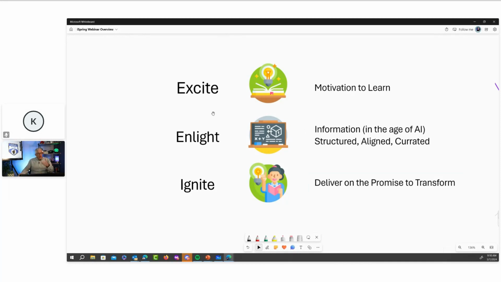But the goal of any type of engagement, any type of online learning, or any type of learning is to create excitement, enlightenment, and ignite. And so I use the term excite, enlight, and ignite to motivate people to learn, to provide information to them for learning, and then to deliver on a promise, not just for the learning, but a transformation that comes from that learning. And I think that's an important element because in the age of AI,